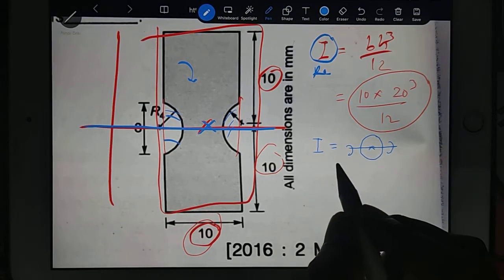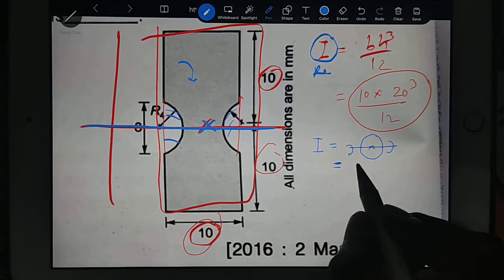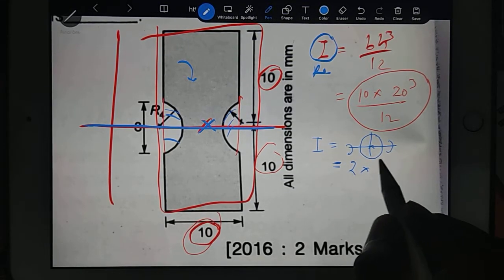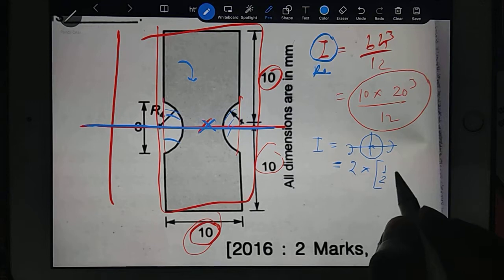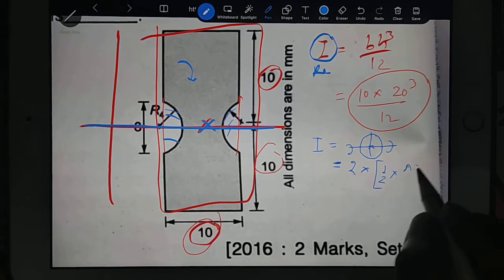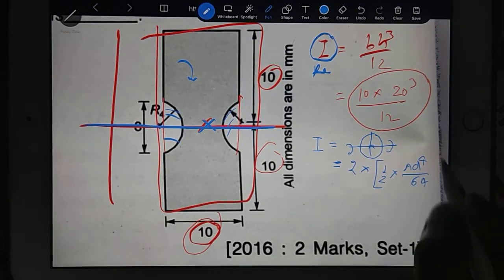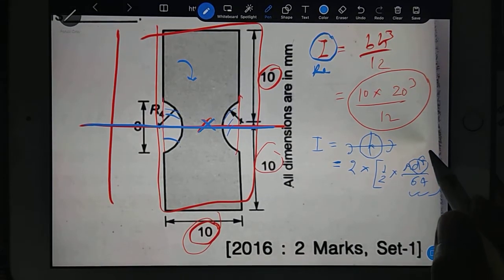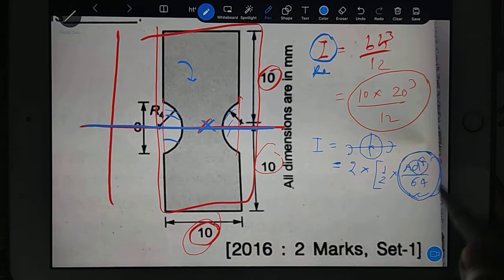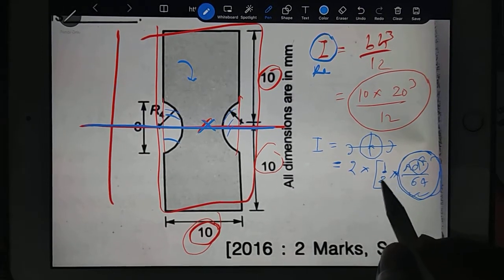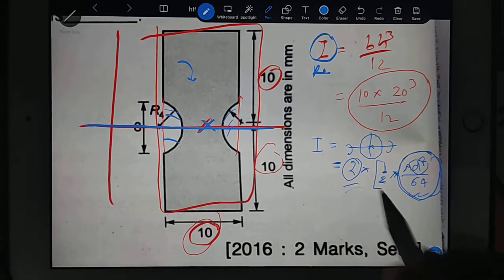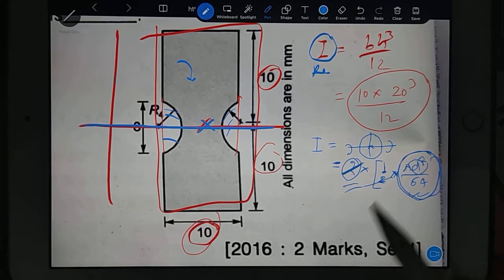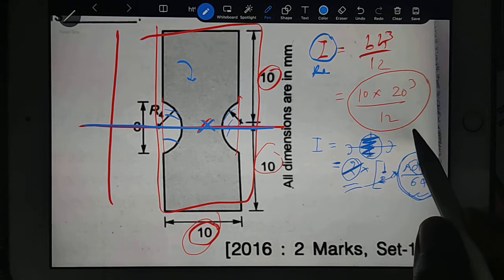Okay, so you can do it this way. You put 2 into, because semicircles are there, and then you go for a half circle. So half circle into pi d power 4 by 64, which is the formula for the diameter. Use this formula for the bigger circle. Then for the half circle you put half, and there are 2 half circles, so that's why I'm putting 2. Anyway, this 2 and this 2 will get cancelled. In the beginning itself I told you that we are adding both the semicircles, so we are getting a full circle.